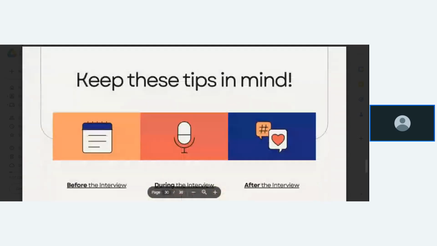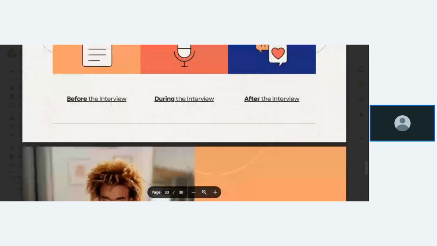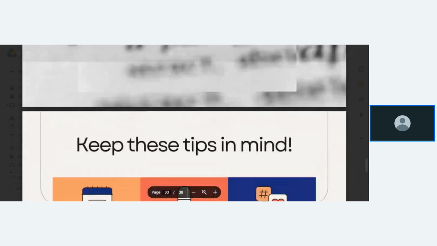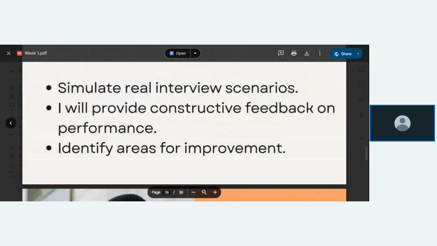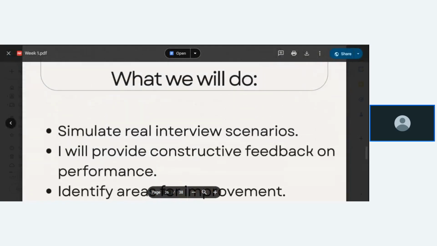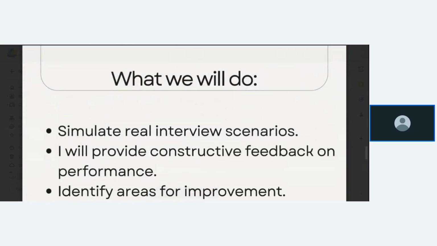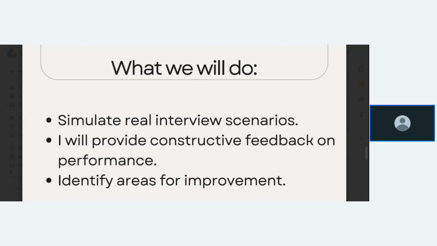Then we'll try to summarize all we've done in week one. I'm looking at how we can end week one today or tomorrow. So if we can end week one today, we don't have to have a class tomorrow until the schedule for next week starts. I think it will help us better that way.